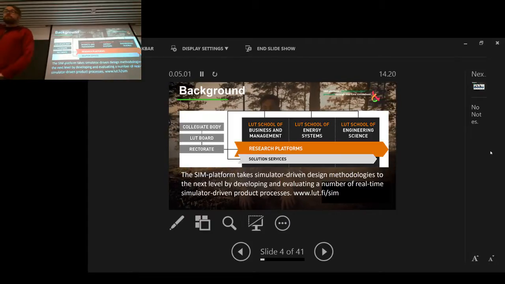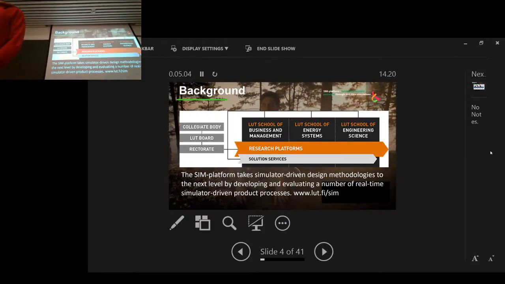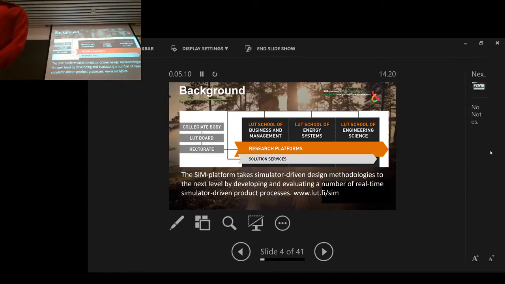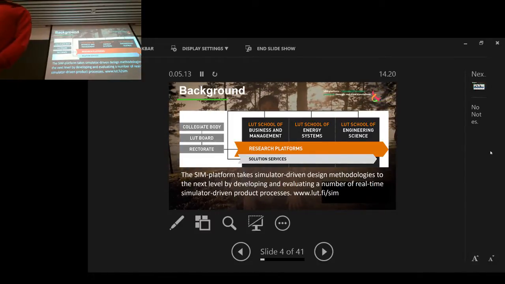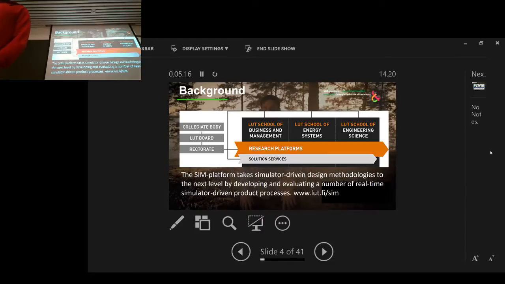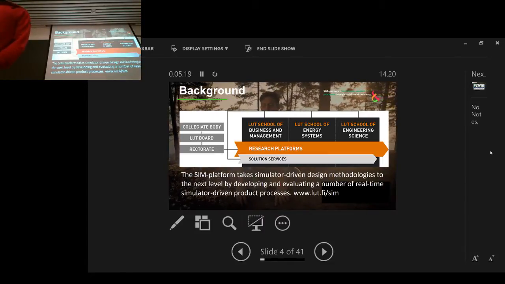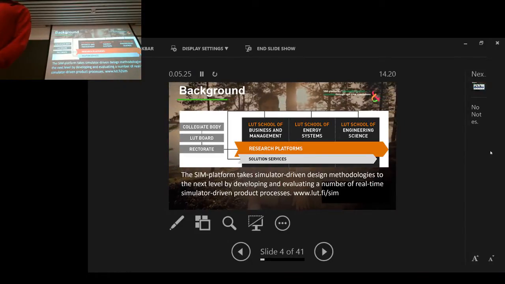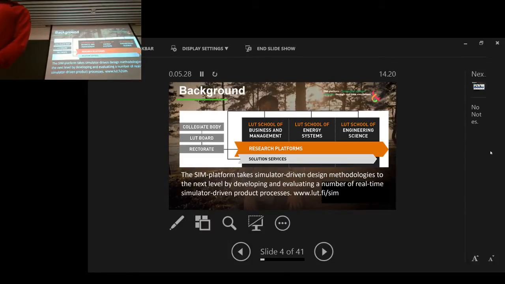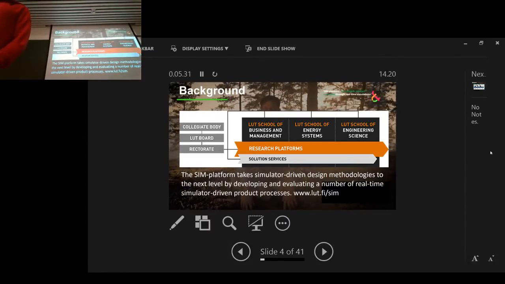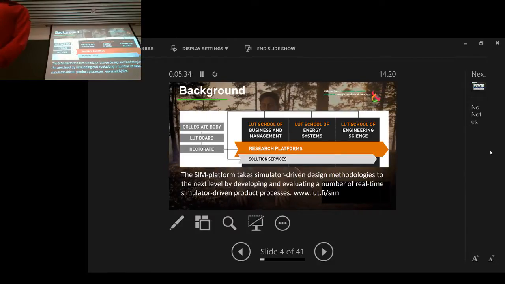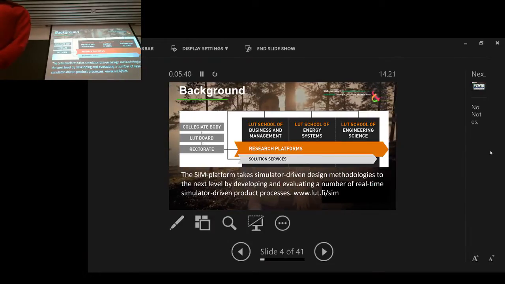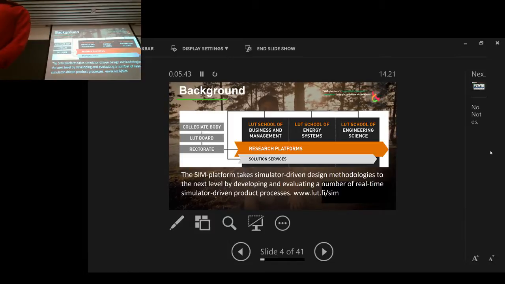4 years ago. 4 years back, we got a new president, a new rector before the current one. And the usual scenario is that first you get the new rector, then comes a new organization. And this was business as usual. So we first got the new rector, and then came a new organization. Now, this time the organization was built a bit differently than usual, because the rector wanted to build something that combines different faculties together. And this combining aspect was research platforms. And she organized an open call, asking researchers to make their proposals. And that's what we did.